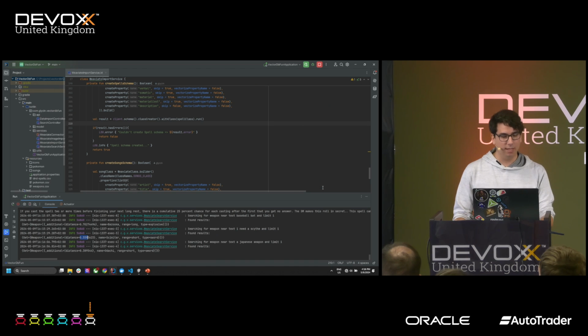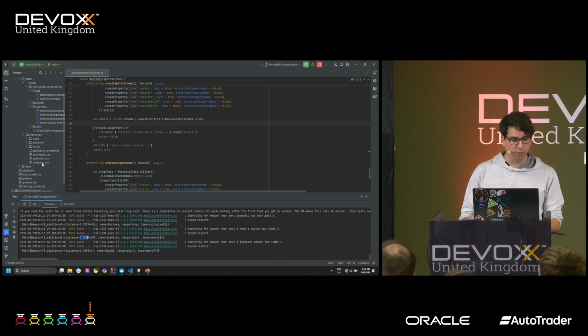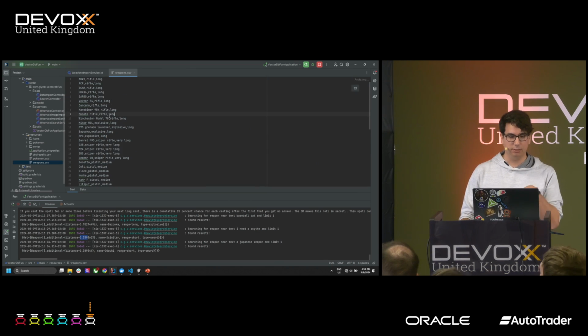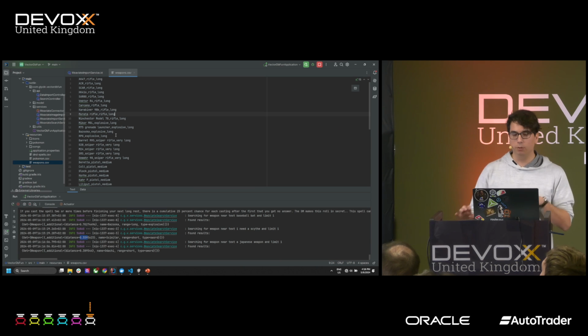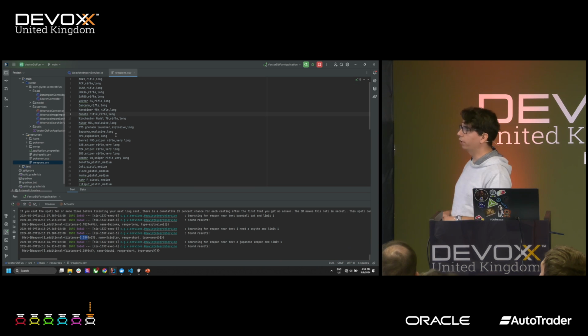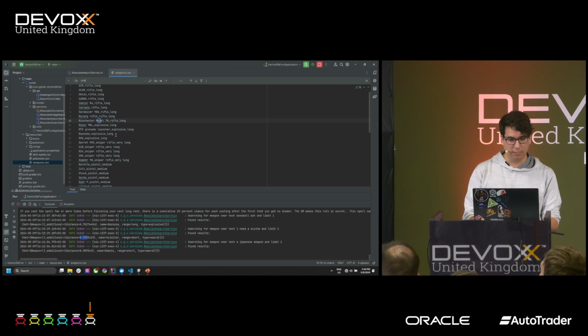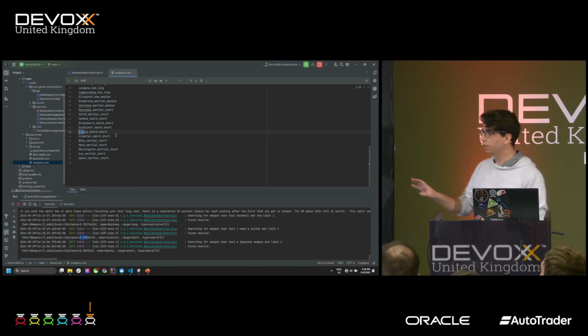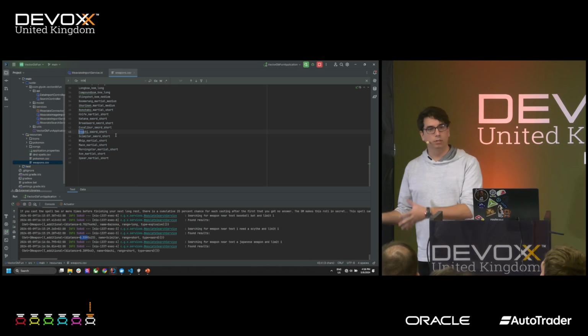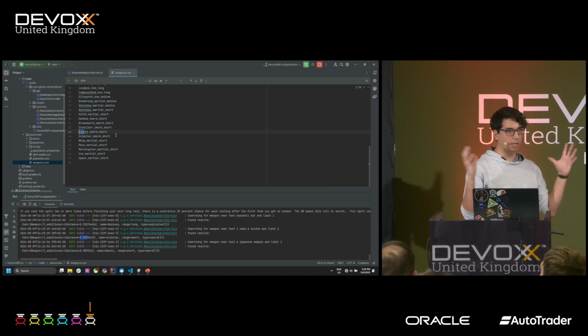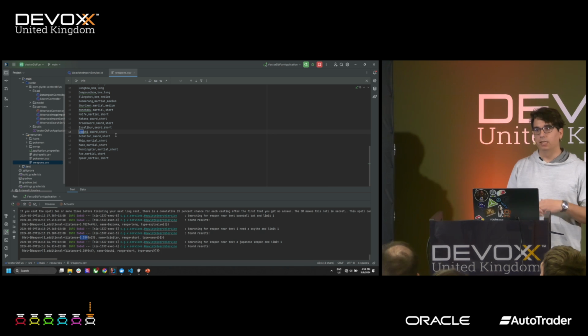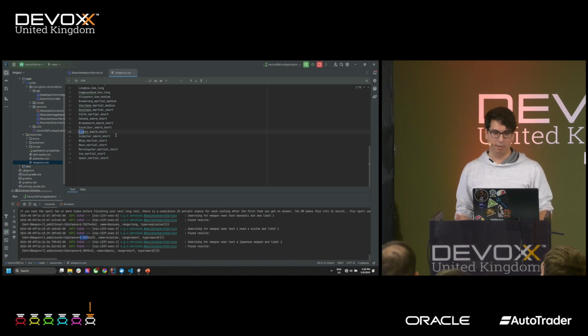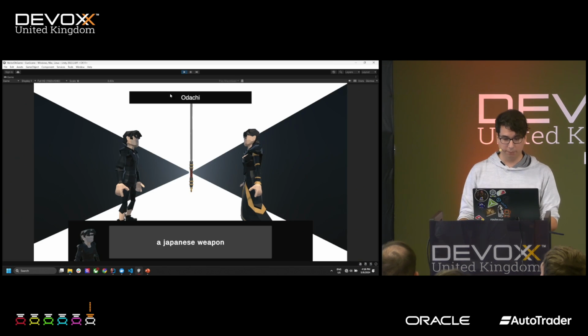And if you look at the data, we didn't do any. So this is basically the CSV we are loading in, and we didn't do any categorization or whatever. For the odachi, I never said that this is from Japan. When the embedding was created for this, the context was created around it that it's indeed a weapon that is coming from Japan, which is pretty cool, right?